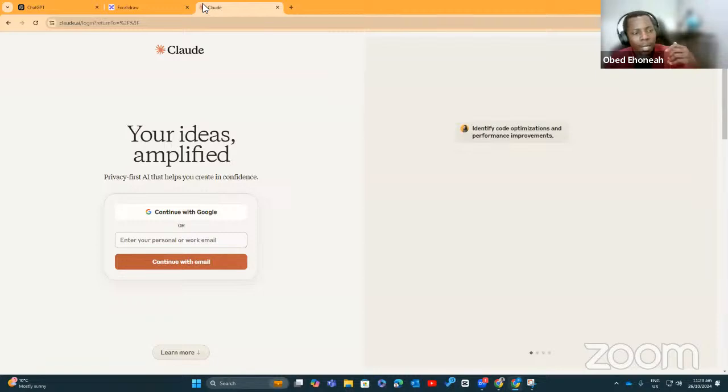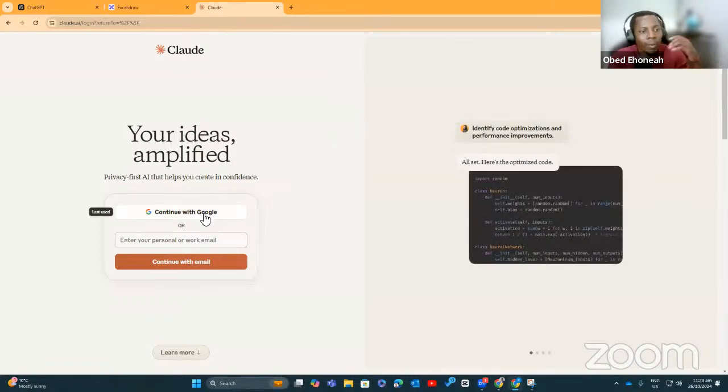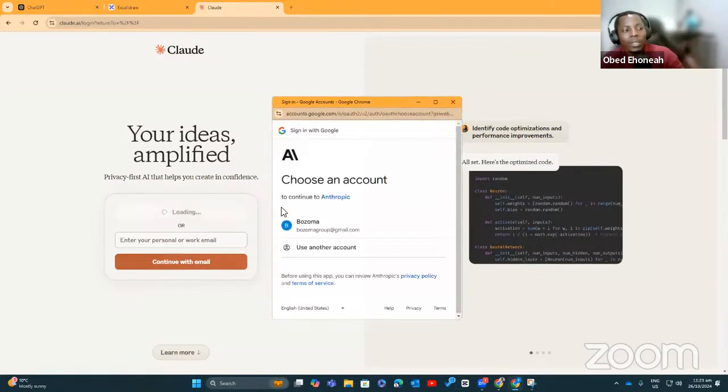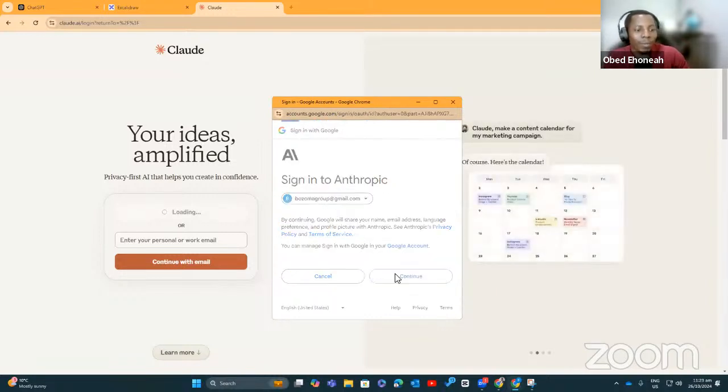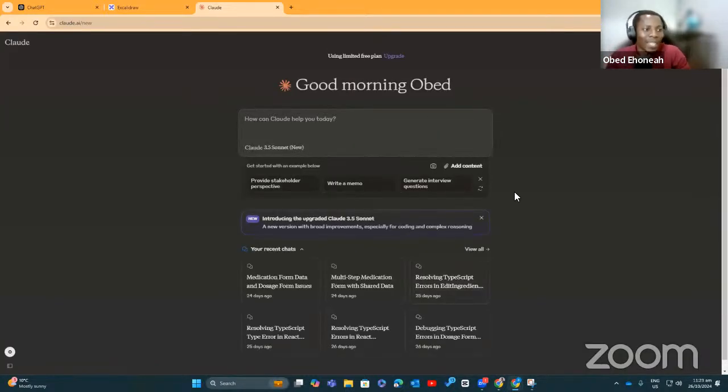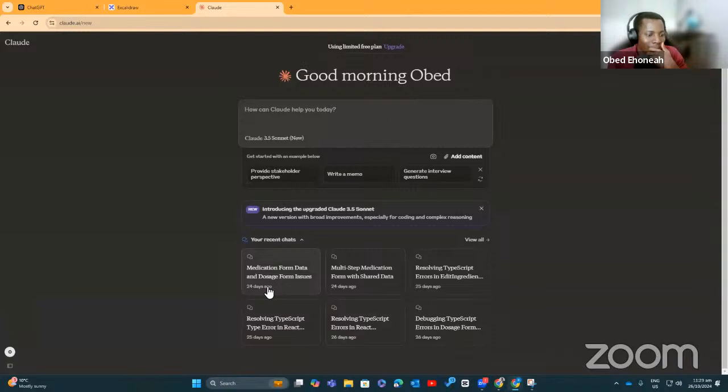Almost anytime I've had a problem with my code that I'm struggling to fix, especially when ChatGPT is struggling with me, I prefer to use Claude, and most of the time that I've tried it, it will fix the problem in one try. So I've come to learn that you see some of my queries here, but the last time I used it was 24 days ago. Interesting.